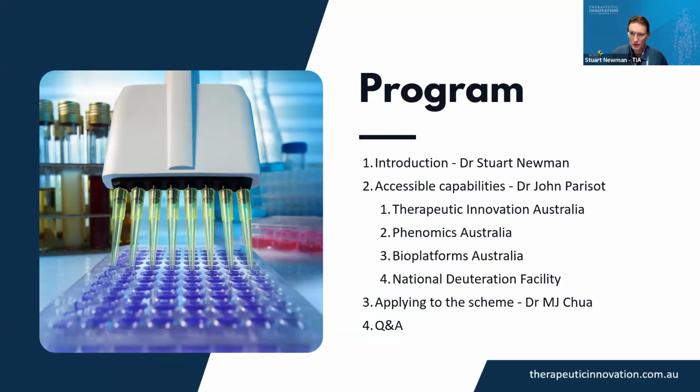Then John Paraso, who is associated with quite a few of the NCRIS projects, will give a bit of an overview of the capabilities of each of the NCRIS organisations at a very high level, because as I noted, there's a lot of technical capabilities. It will take far too long to go into even some of them in detail. So John will give a bit of a helicopter view, a bit of a greatest hits summary of the kind of capabilities available within the network, and we invite you to follow up with us directly if you have any further questions or want to express your interest in applying.